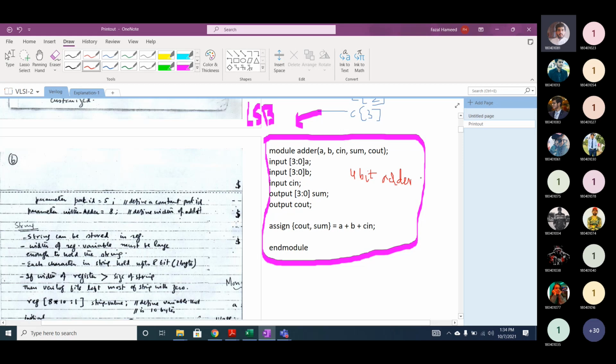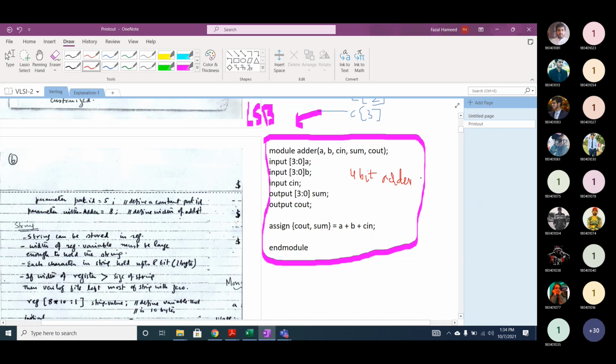We will add a parameter. Where will I add the parameter? If you look at this code, module adder, and I want to design an 8-bit adder instead of a 4-bit adder, what modification do I need in this code?